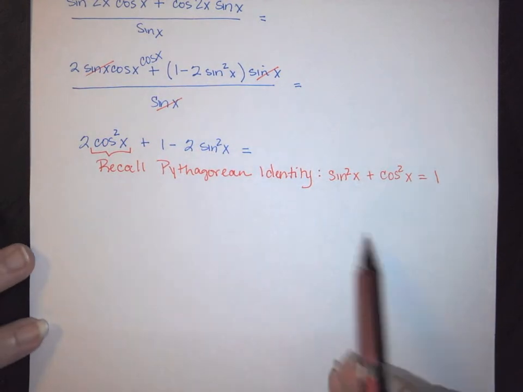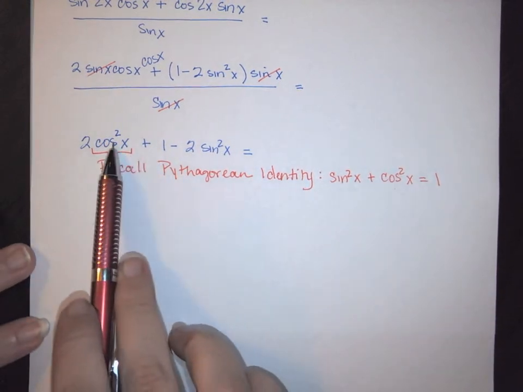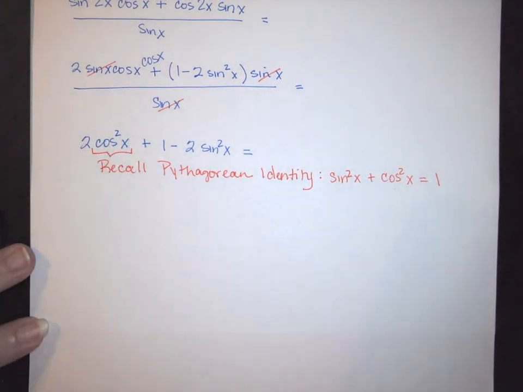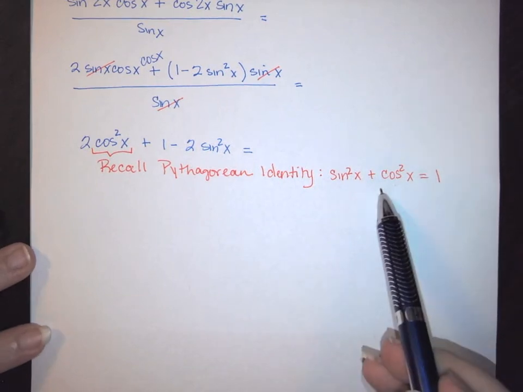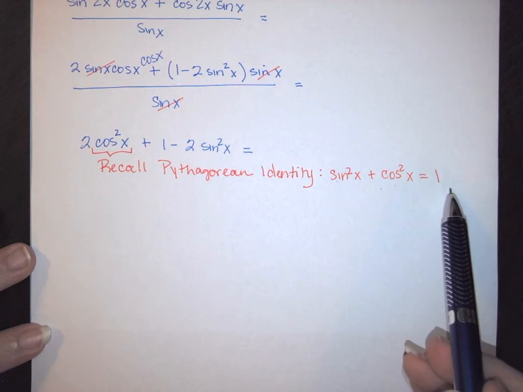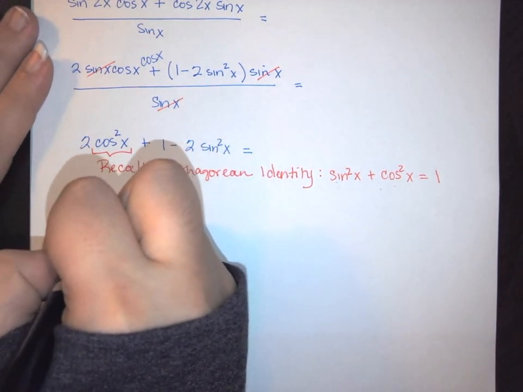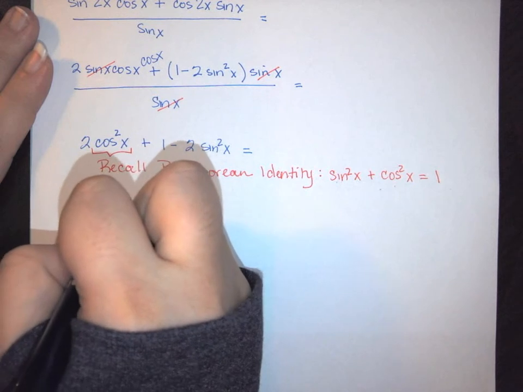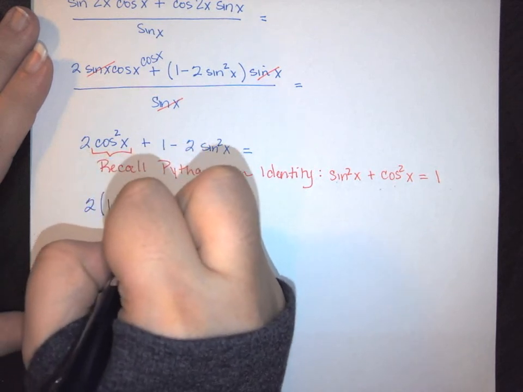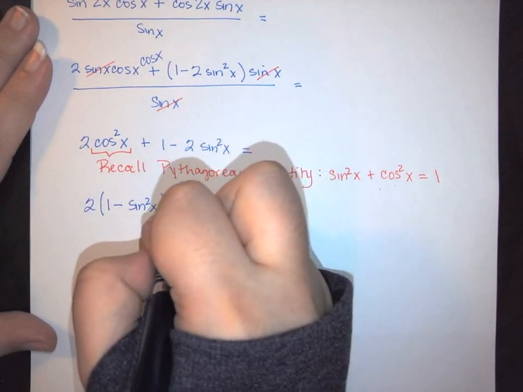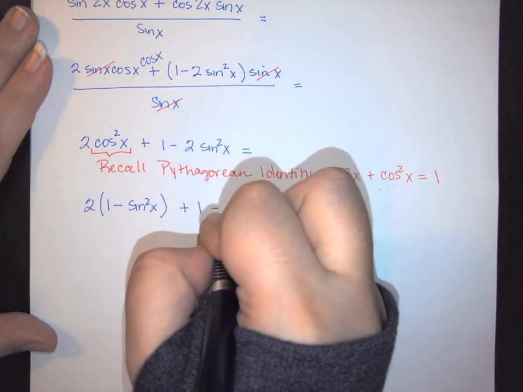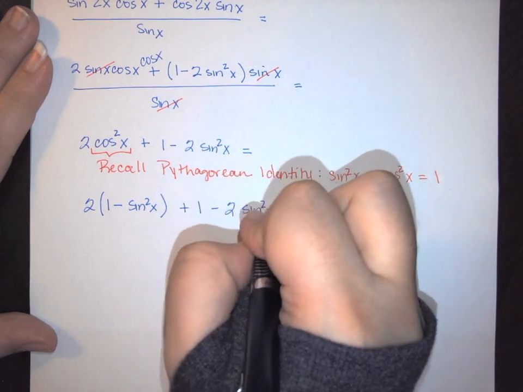And I'm going to use this identity to interchange the cosine squared over to sine so that I have just one trig function I'm working with. So if I take this identity and subtract the sine over, I can rewrite it. So this becomes 2 times 1 minus the sine squared of x plus 1 minus 2 sine squared of x,